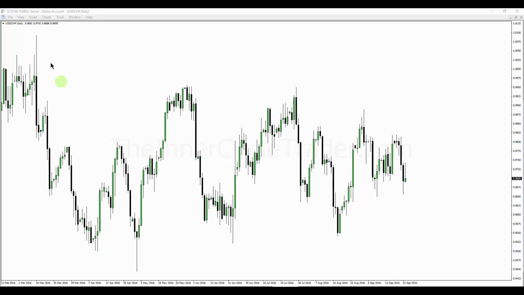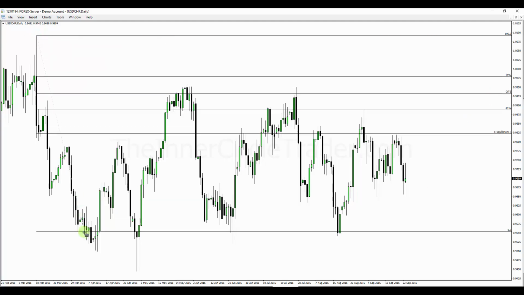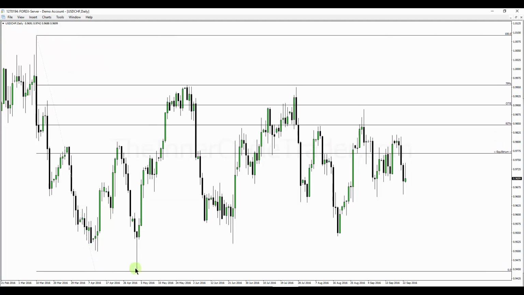So the first thing we look for in price is an impulse swing. And we see one here, another one here, and another one here, and these three price swings actually make up one larger price swing, which is an impulse leg or impulse swing in its own right. When we define our ranges, the use of the Fibonacci is helpful, because we can draw the fib from a high down to a price low, and I'm using this low here because it's the lowest in contrast to this high, and price comes all the way back up to